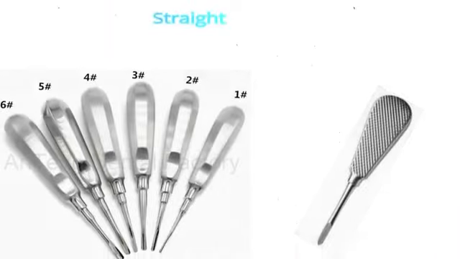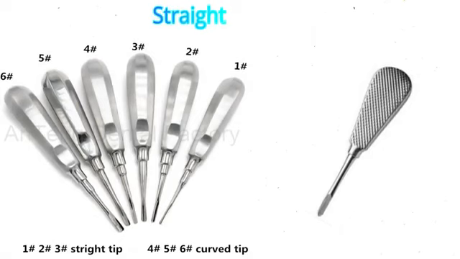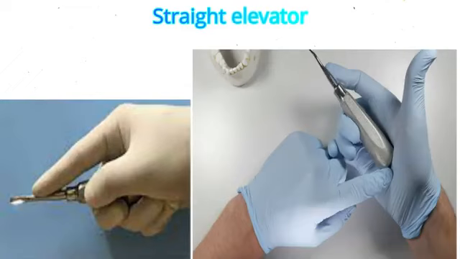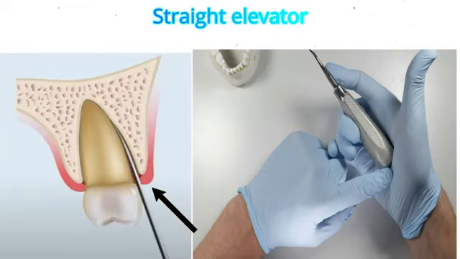Straight elevator. This is the most commonly used type of elevator for the removal of teeth and roots, in both the upper and lower jaws. The elevator is held in the dominant hand, and the index finger is placed along the blade, almost reaching its end. The end of the blade is left exposed and is seated between the socket and the tooth to be